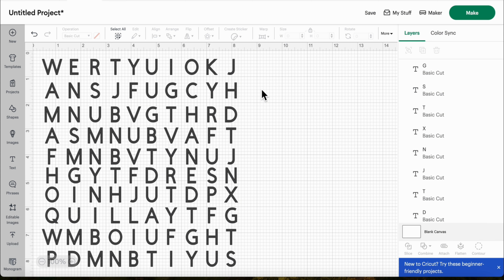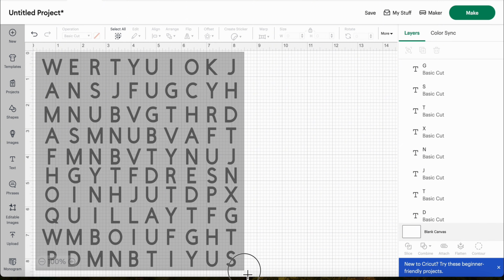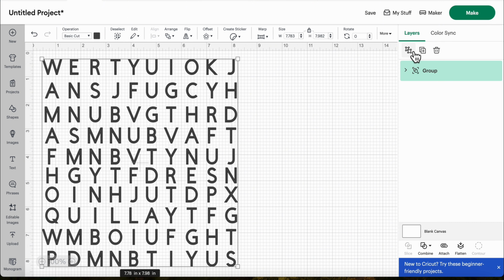All right, so we're good. We're good here. All right, so I'm going to highlight all of this, well, select all of this, and then I'm just going to group it together. And then I am going to add in